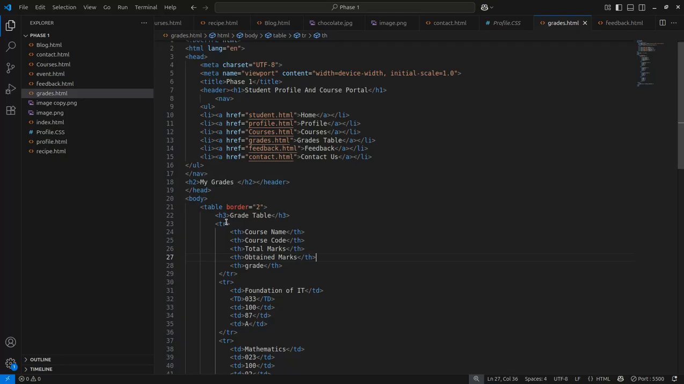Then I use the table tag which is used to create a table layout. And I have added the attribute border to make the border visible and to clearly separate each cell. Inside the table, the first row is created using the tr tag and contains th tags, which define